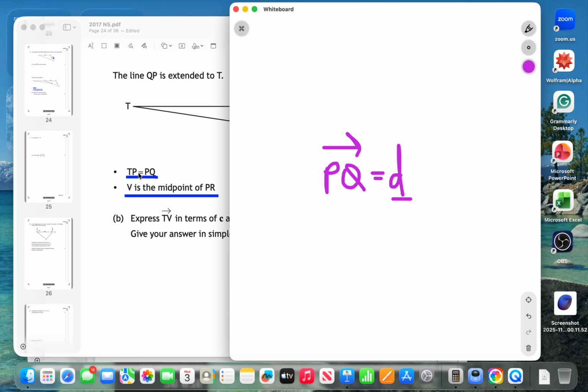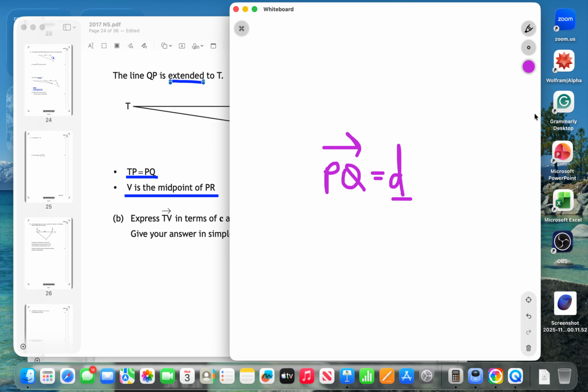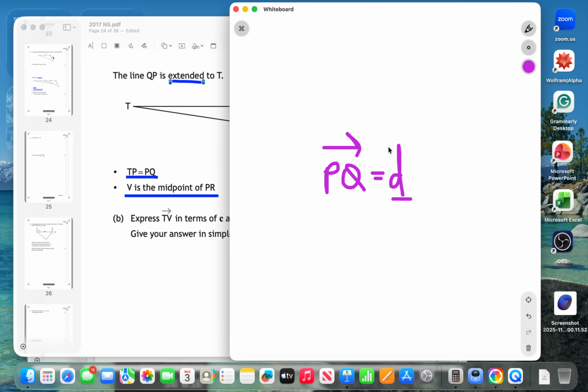But if you have a look, it says the line is extended, and TPQ is a straight line. So the direction of TP is the same as the direction of PQ. So if the direction is the same and the length is the same, both the vectors must be the same. So we then know that TP